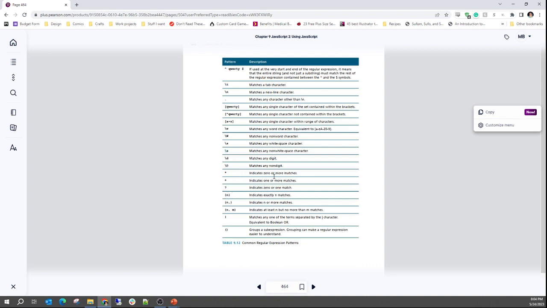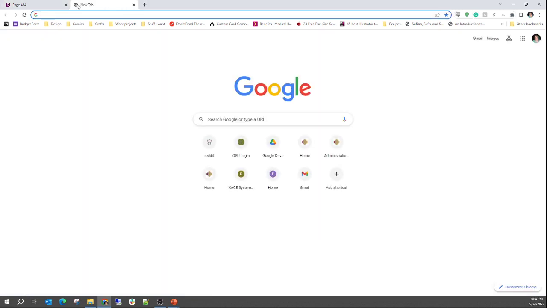And then this is our OR character. It either has to match 0 or 1. And then these are ways to make it match more than that, like you want at least this many, but not more than that many. And then these are ways to add extra terms, and then this is a sub-expression. So,